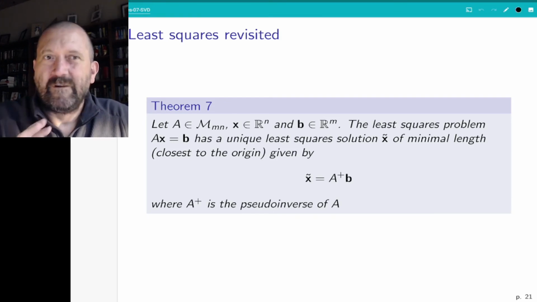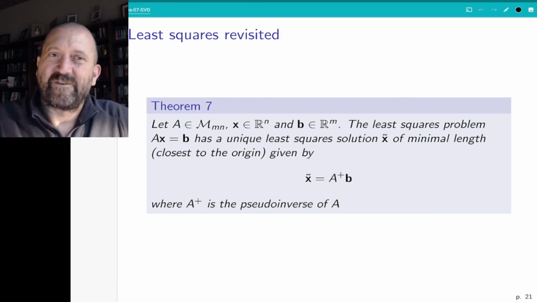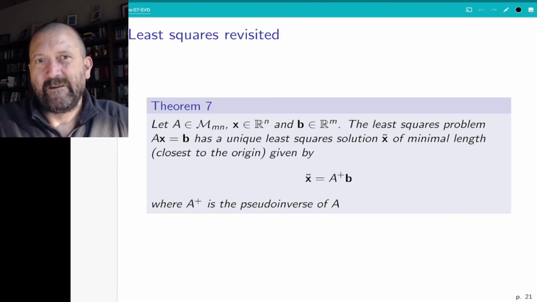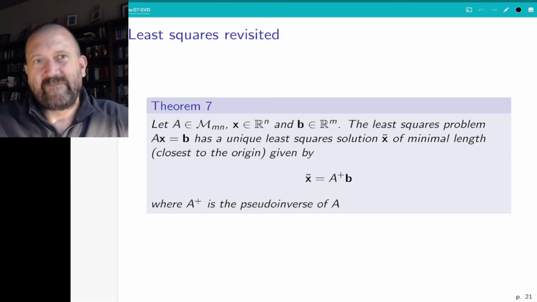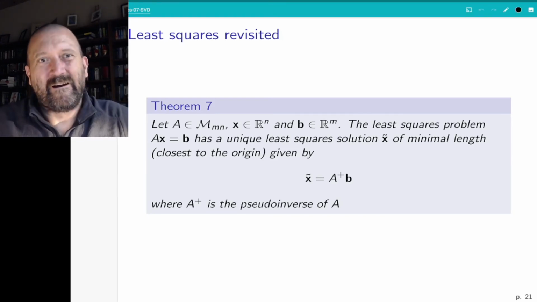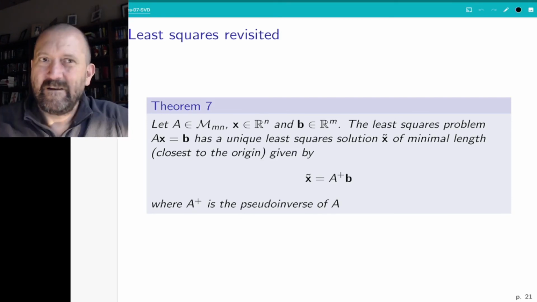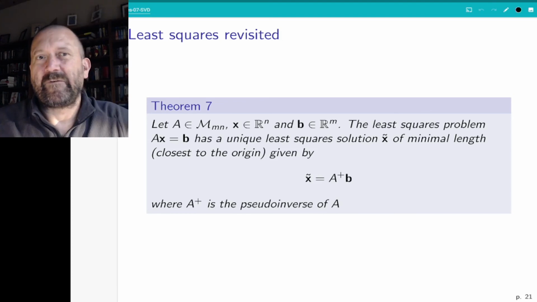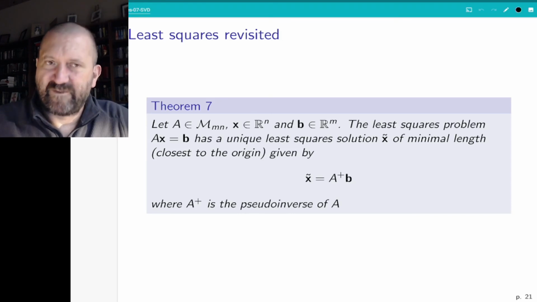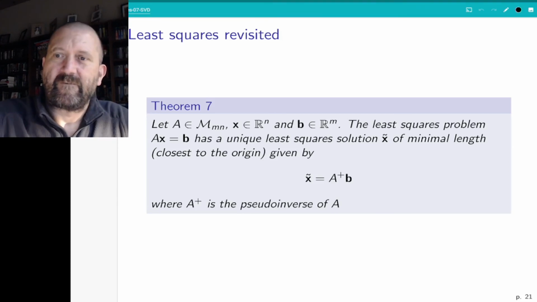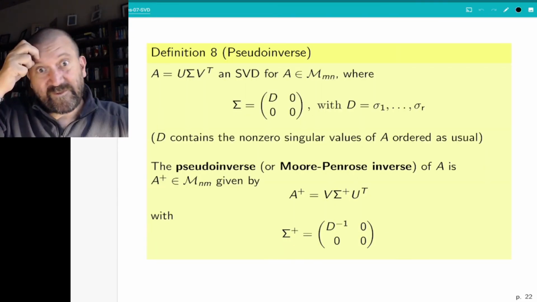So this is essentially the same theorem as we saw before, except that if you recall, when we were looking at the unique solution of least squares, we obtained it with (A transpose A) inverse A transpose B, but that's in the nice case where we can invert A transpose A. Here, I'm not making any claim about invertibility of A transpose A. So we'll need to compute this pseudo inverse, but once we have it, we can actually find the solution. So what's a pseudo inverse?